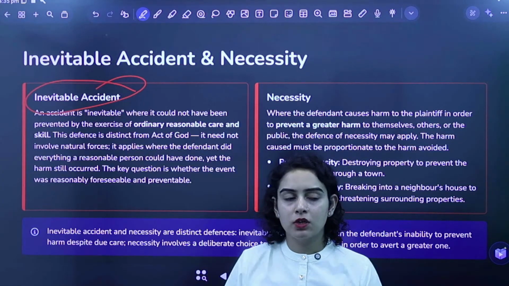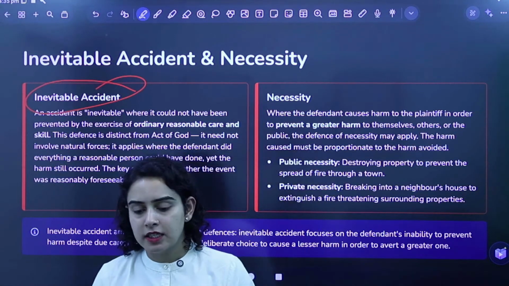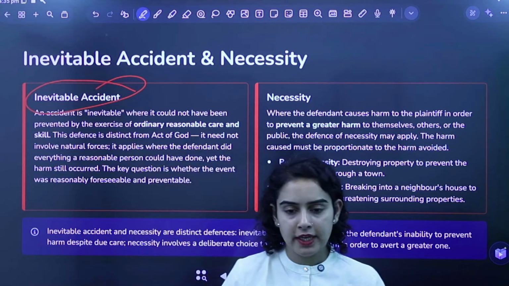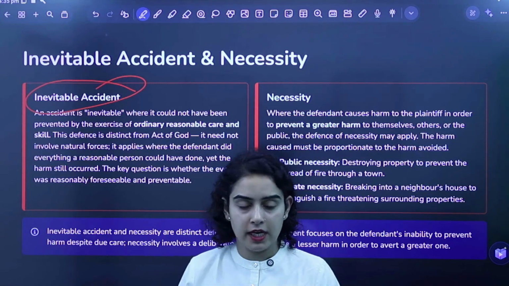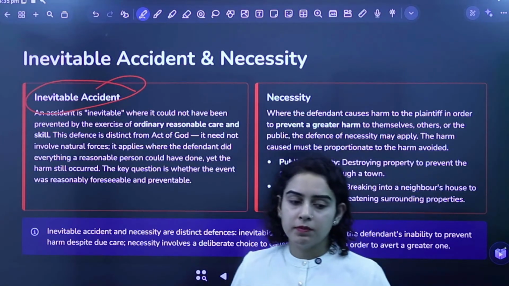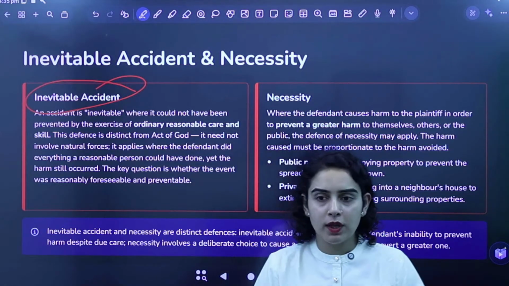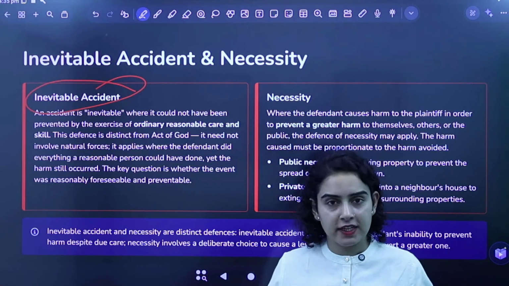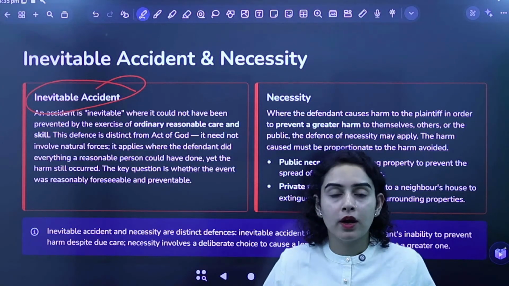You were driving, all good, the road was fine, everything was good, the car was also working really well. Now suddenly, when you get into a crowded area, your car stops working, or maybe the brakes fail, right? The brakes fail, and now there is no way you can protect anything. No way you can save anything. No way you can just get rid of that accident, right? It's inevitable. Brakes are not working.